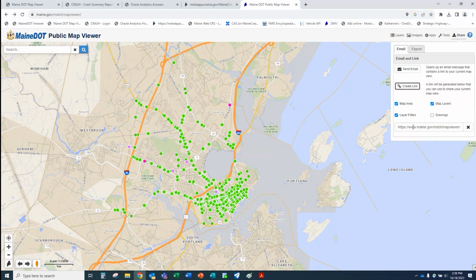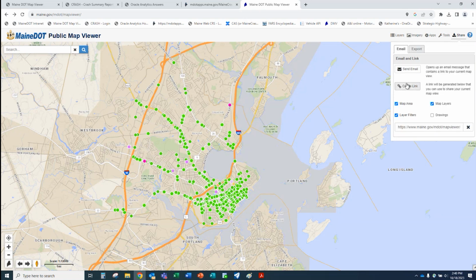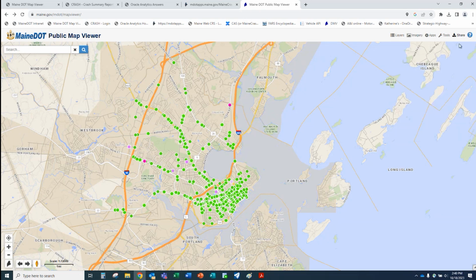I'm going to create a link, which you can take and send your map. You should be able to look at the exact data that I have selected based on my map area, my map layers, and my map filters, and just be looking at this. And I think it's good for 60 days or something, and then it'll be gone. Or you can export it as a picture, PNG file, a GIF, PDF. You can do that as well. But being able to send it directly in email, creating a link that you can send, I think is a pretty neat tool as well. So I just wanted to show you guys that quick.